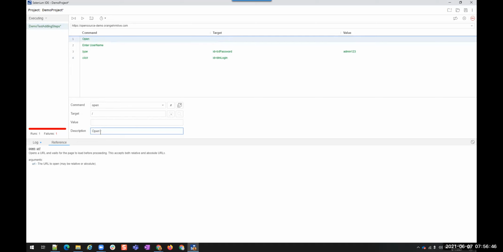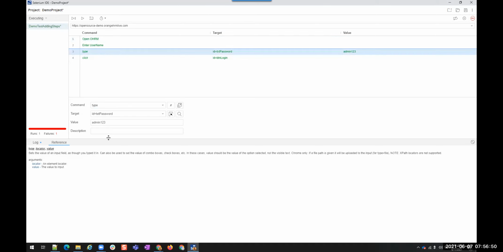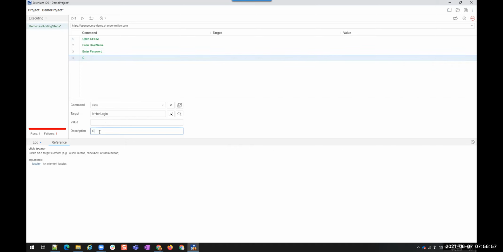Now, HRM, enter username, and then enter password, and then click on login. You see, you are seeing the test case now. And when you hover over it, you will see the actual operation of it. Entering the user and then open Orange HRM. So this is about the IDE creating all these things.